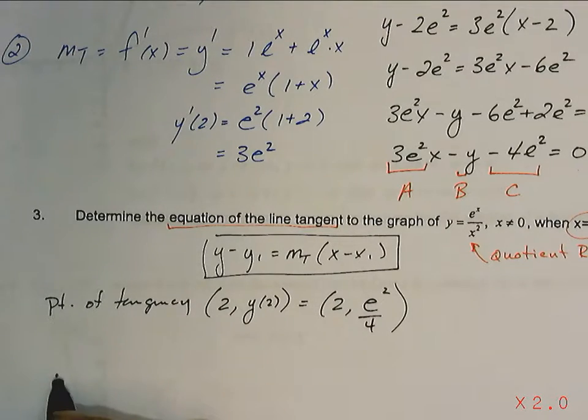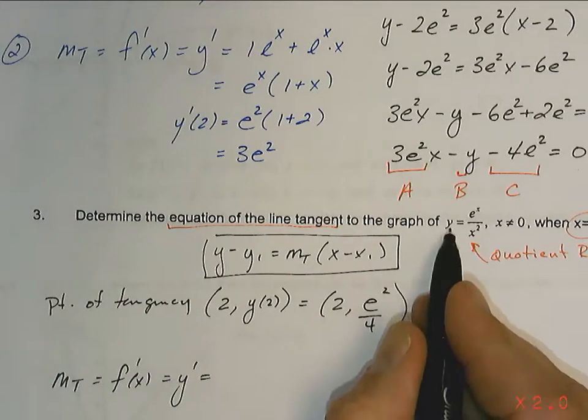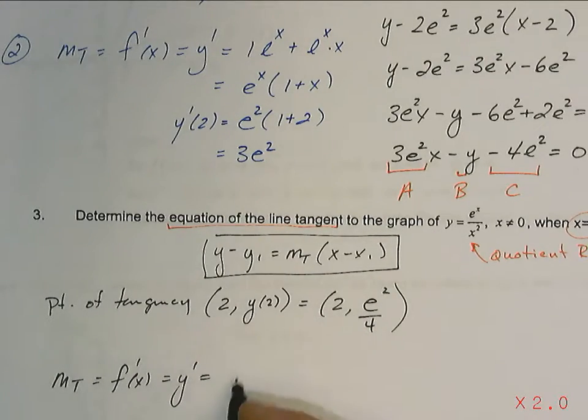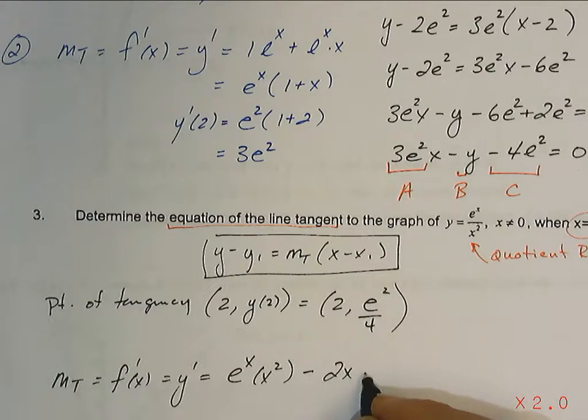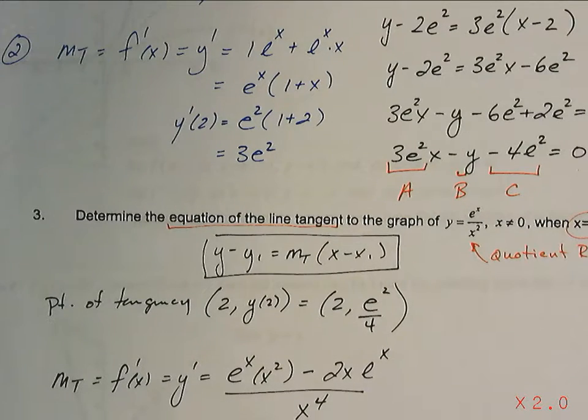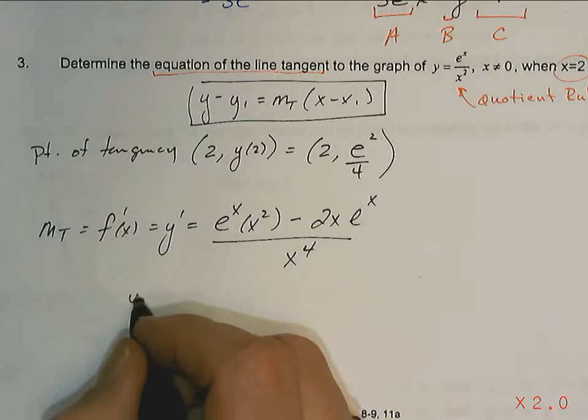You're going to want your slope of the tangent, which is f prime. I keep using f prime notation. It's actually y, because it's y, it's not f of x. So it's going to be the derivative of the top times the bottom, subtract the derivative of the bottom times the top, all over the bottom squared. So taking a look at this, and if we plug in x equals 2, I could common factor, but I don't need to. I can plug it in directly,